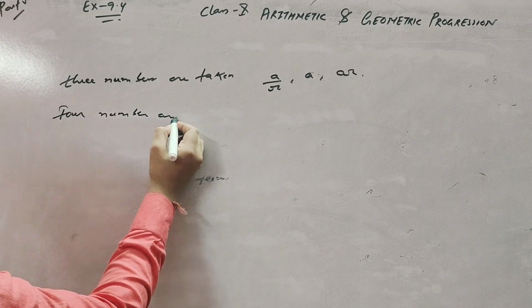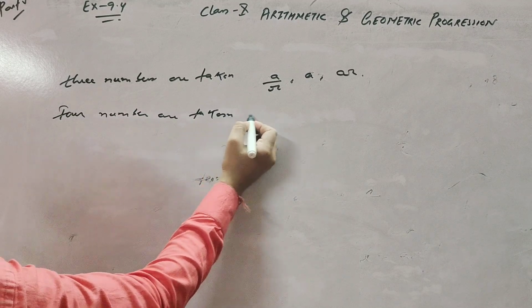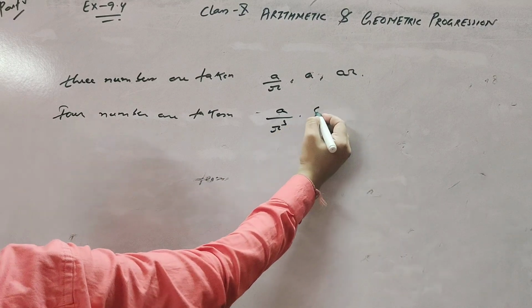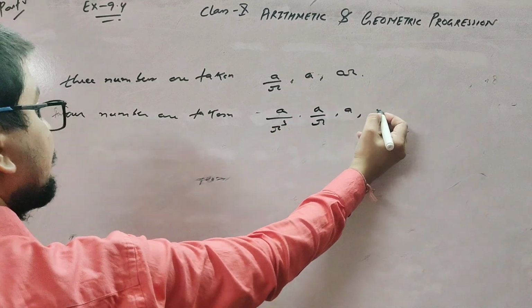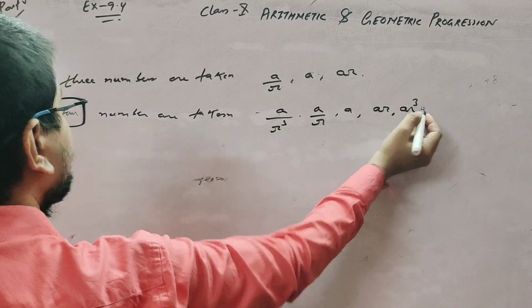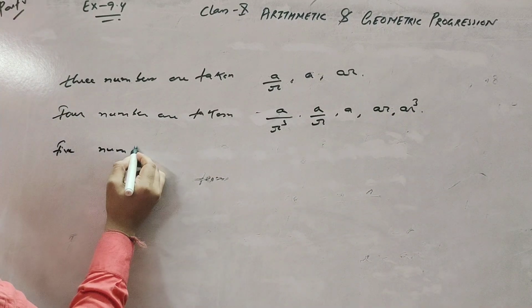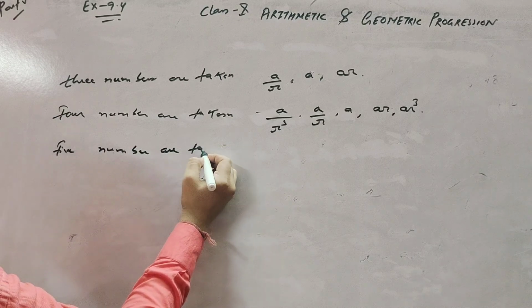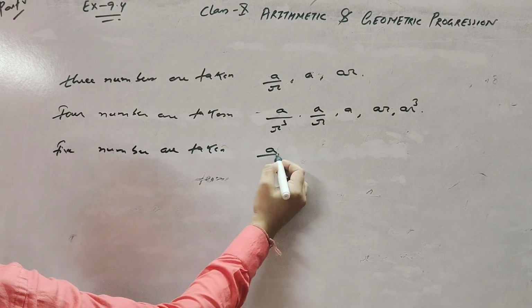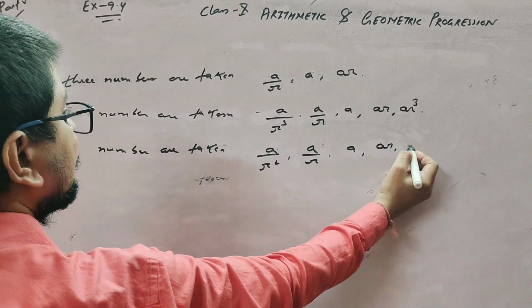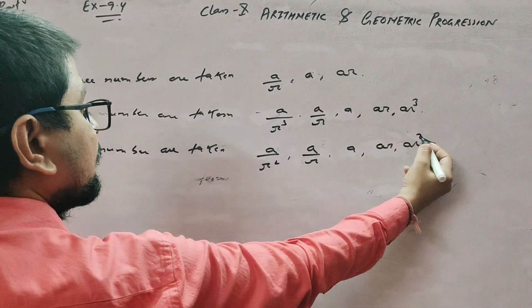Four numbers are taken as a by r cube, a by r, ar, ar cube. Five numbers are taken as a by r square, a by r, a, ar, ar square. Okay,